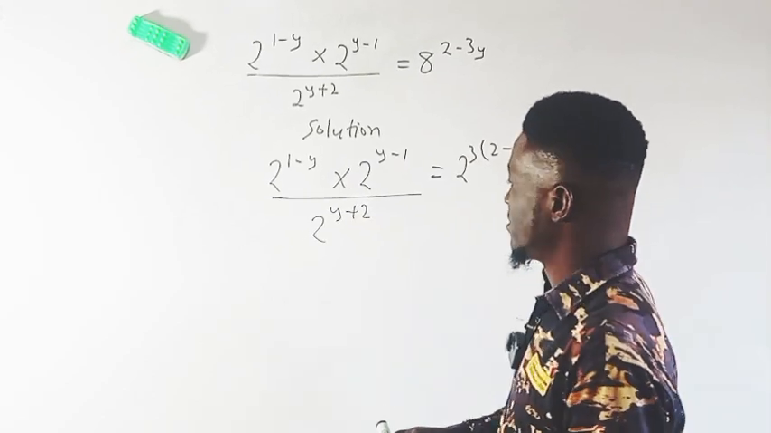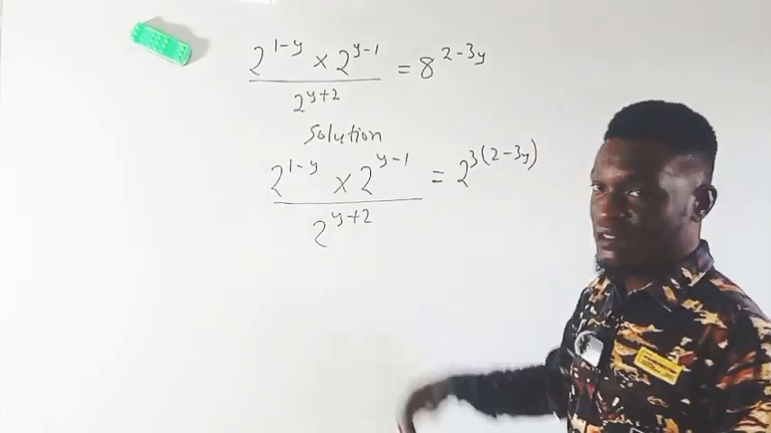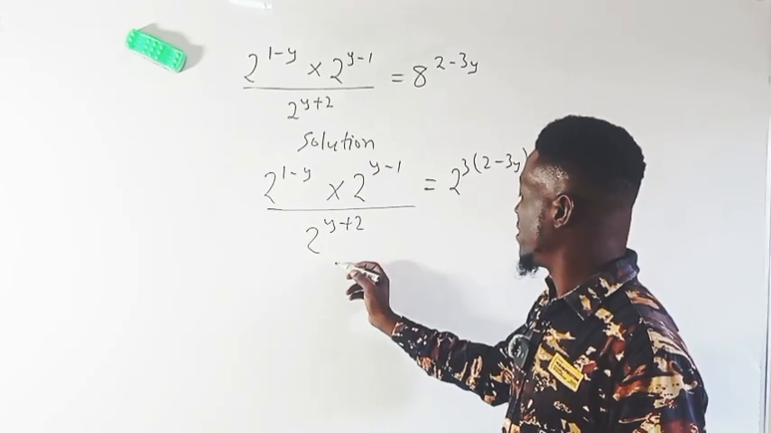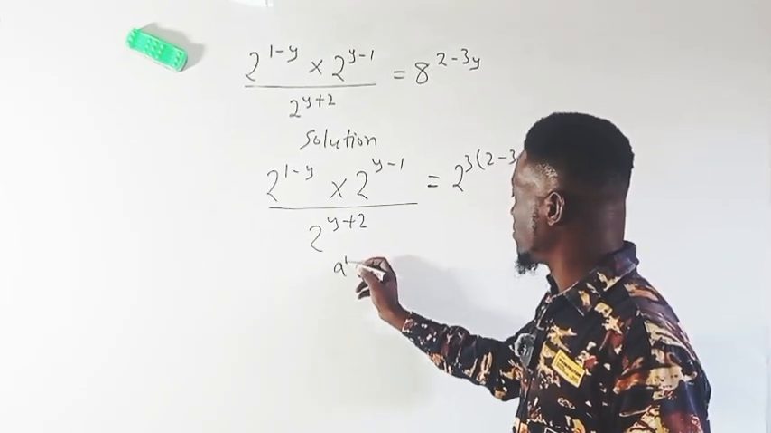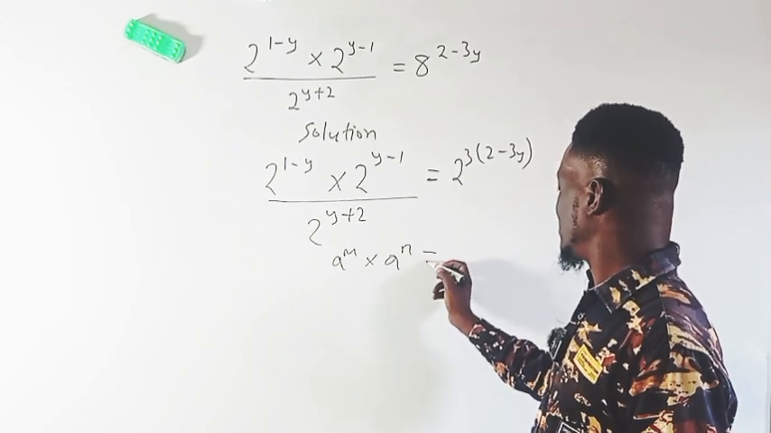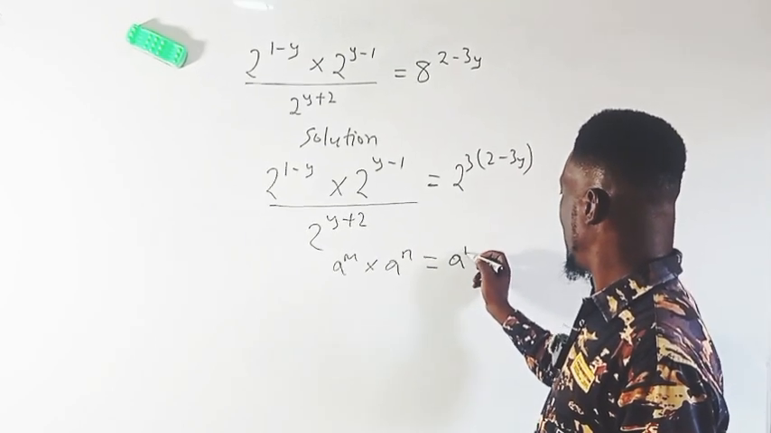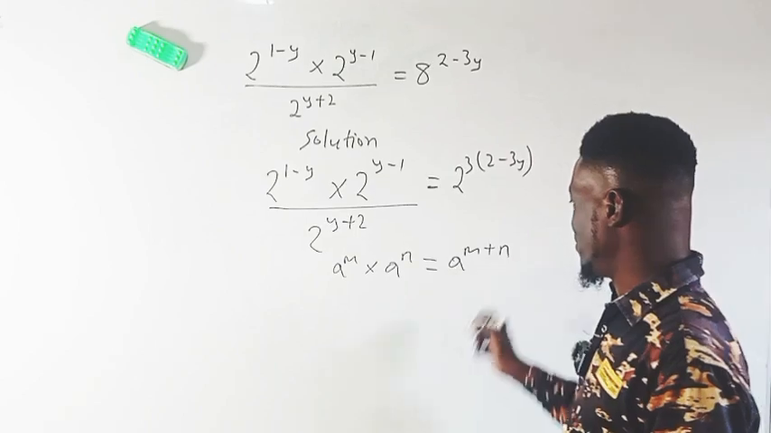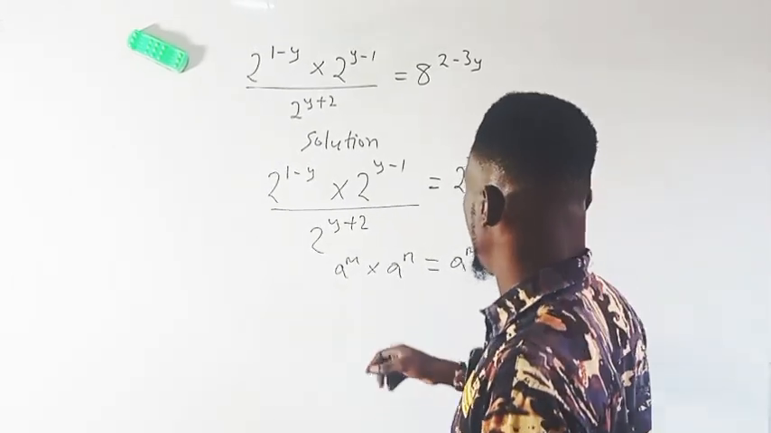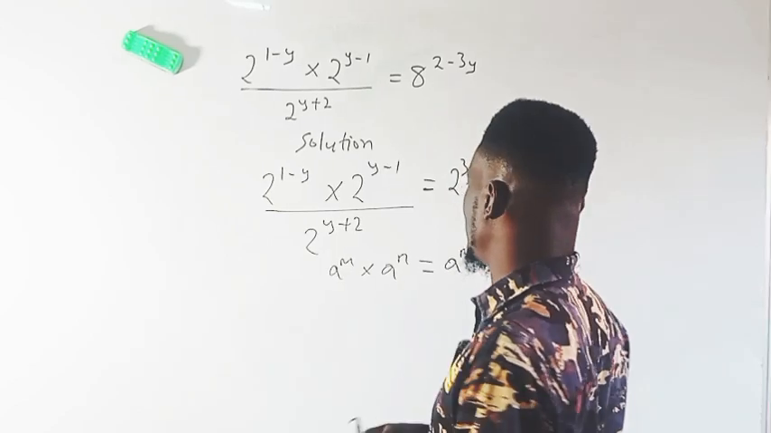If you notice, all the bases are prime numbers. From our product rule, whenever you say a raised to power m times a raised to power n, it is the same thing as writing a raised to power m plus n. Having understood that, since the bases are equal, you can say